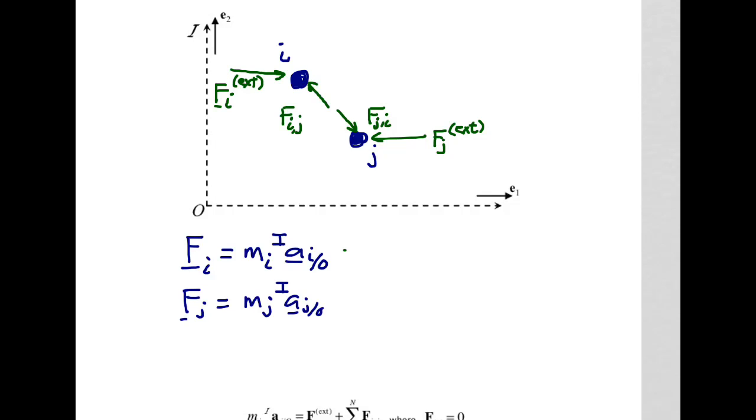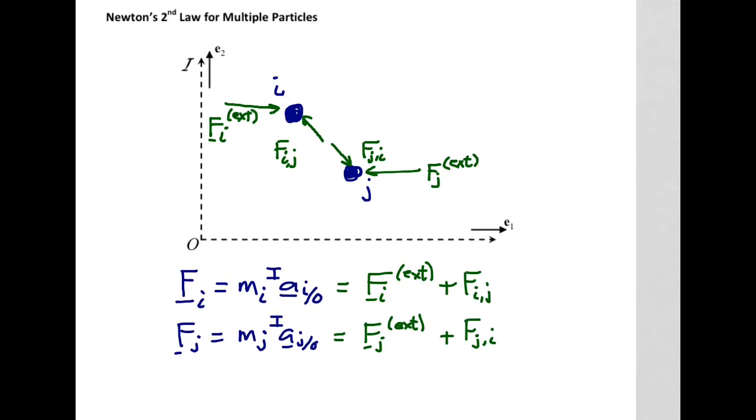And if we put these down in our formulation of Newton's second law, then we don't have F sub I any longer, but we've separated that now into F sub I external forces plus the internal forces applied by all the other particles, which are F sub I, J, and then on J we have F sub J, which are external forces, and then that's plus the internal forces F sub J, I. And so we can continue to do this